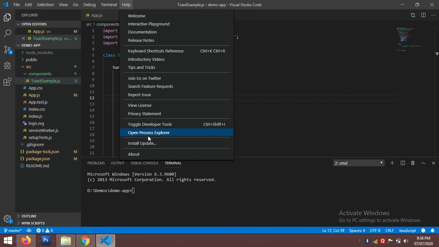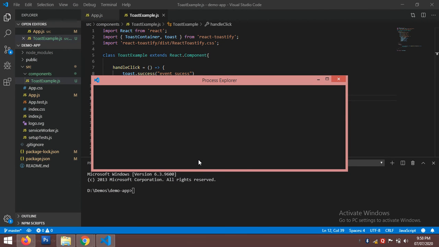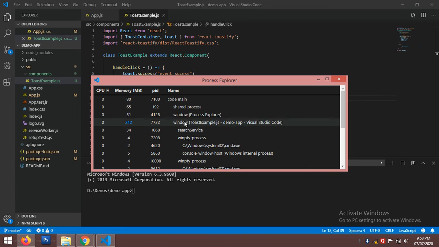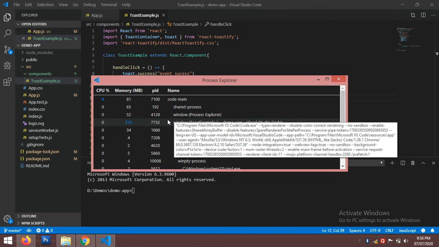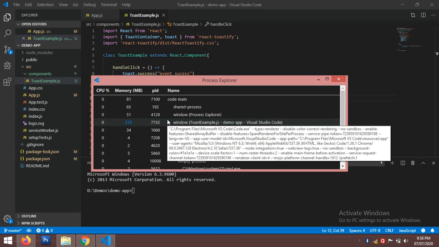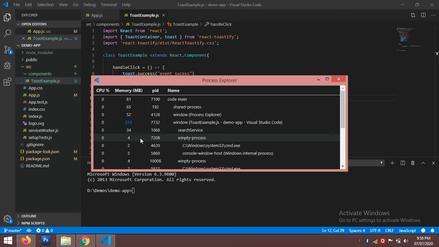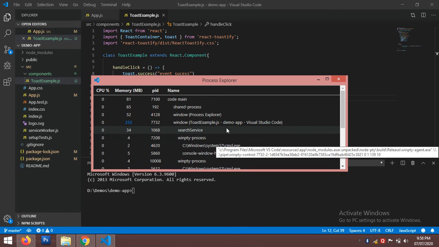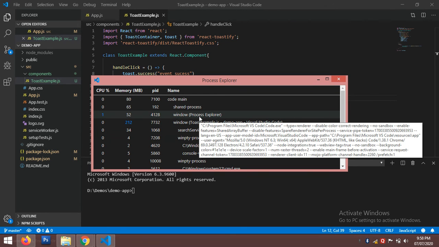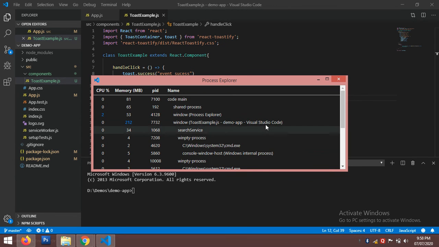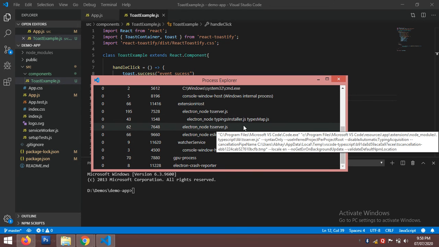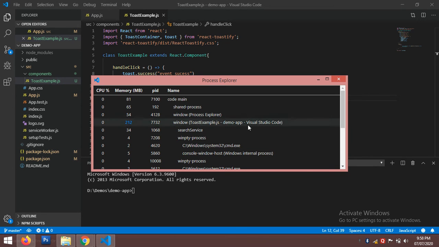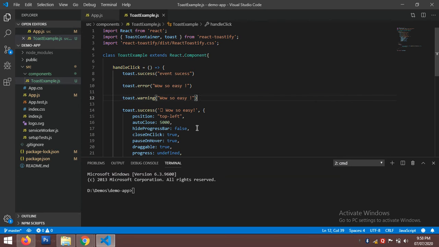You can also see the process explorer. The process explorer is a tool which is most helpful on low memory machines. Once you do too many things in the editor, like you open multiple files, have multiple terminals open, install many extensions, and they are all working at a time, your memory consumption will be more. To monitor that you can use this process explorer to check how much memory the editor is consuming, and how many processes are consuming a lot more memory. If you open one single file, it is going to consume some memory. All these things you can see from this process explorer.